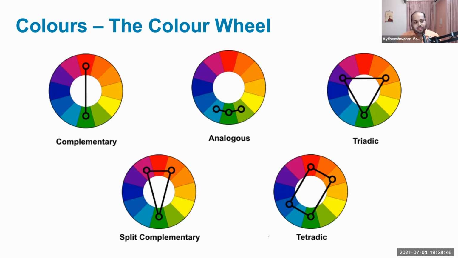The safest option that is available is the 2-color system, which is the complementary colors. Complementary colors is basically choosing colors from the opposite ends of the circle, like a red and a green. You can go for a blue and a yellow, things like that. If you combine these 2 colors, the visual impact will be very high because they are at the opposite ends and they deliver a very good contrast.